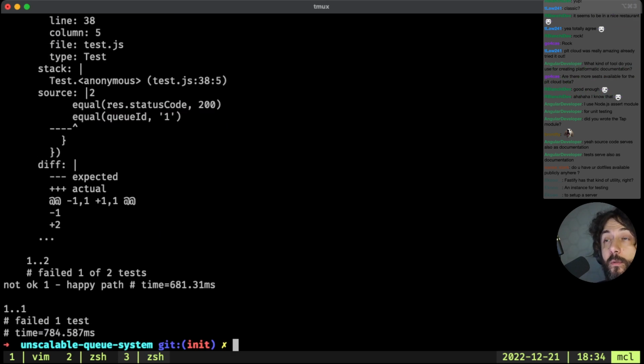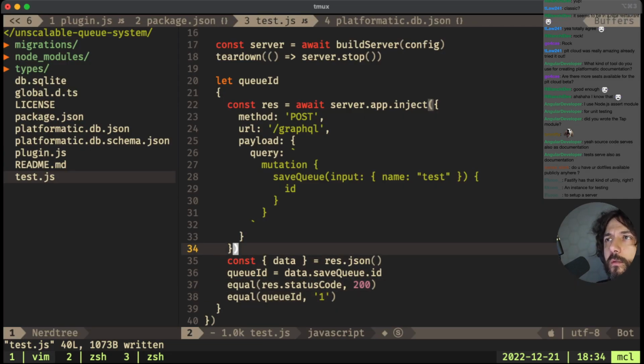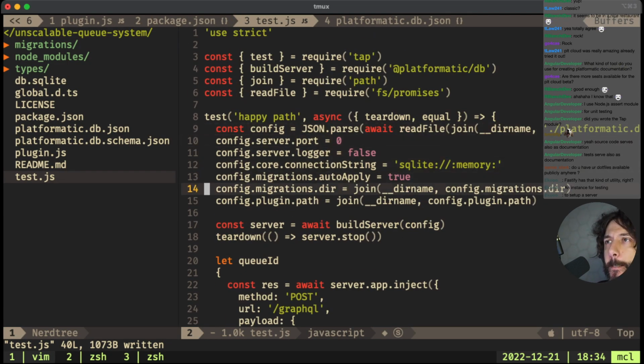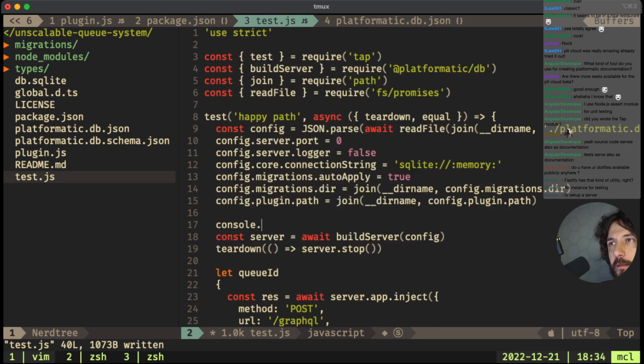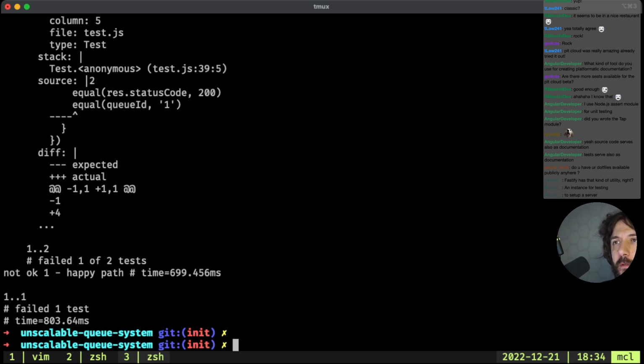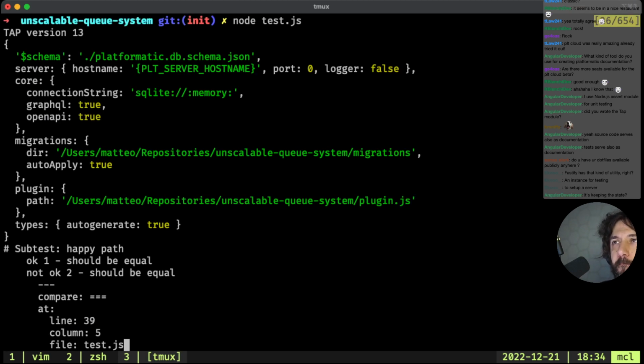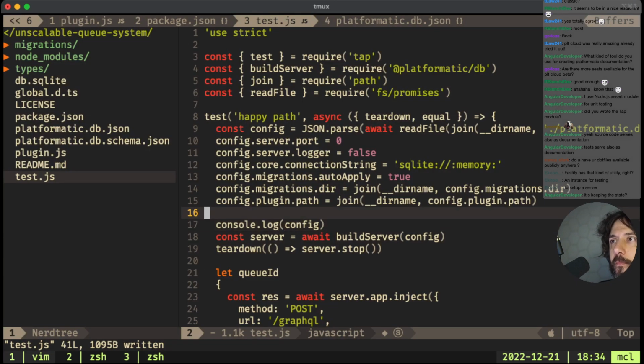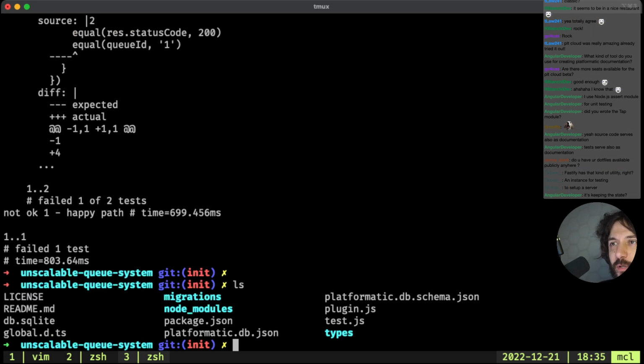Oh, it's 2 now. It's 3. Wait, you did something wrong. It's not what I would expect. Config. This is not correct, because this is actually creating a memory file somewhere.